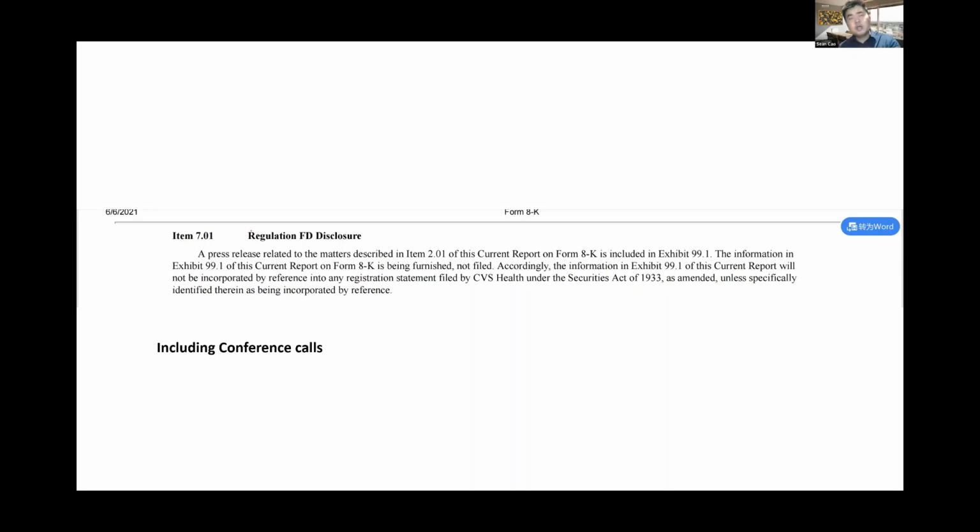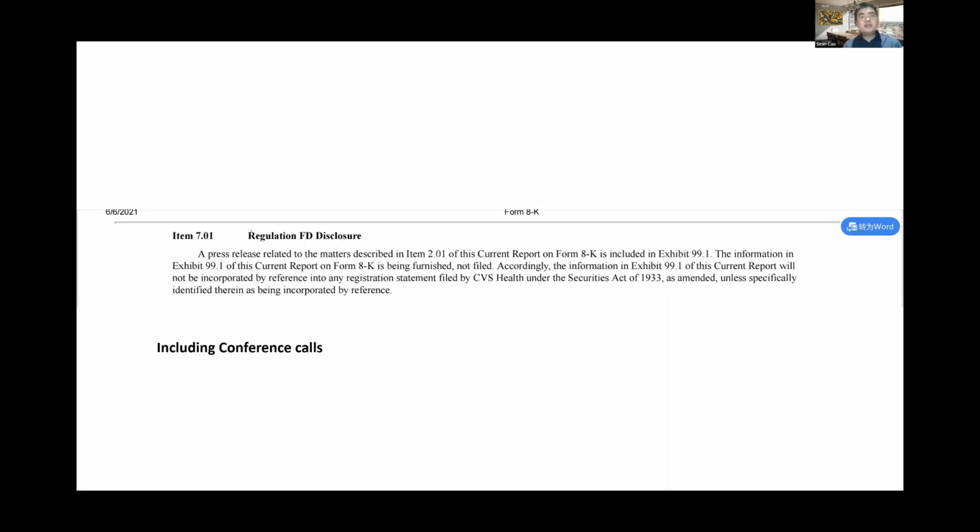Someone asked me, why do you guys get the conference call from the Seeking Alpha website, not from the 8-K item 7.01? It doesn't make any difference. You can get a conference call transcript from the Seeking Alpha website, and you can also get it from the 8-K form. The only thing is that it's easier from Seeking Alpha, because for the 8-K you have to go to the exhibit and parse the exhibit out, so it's more painful to do the textual parsing. Seeking Alpha is relatively more friendly and easier.